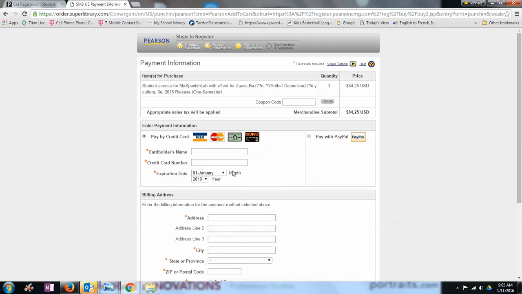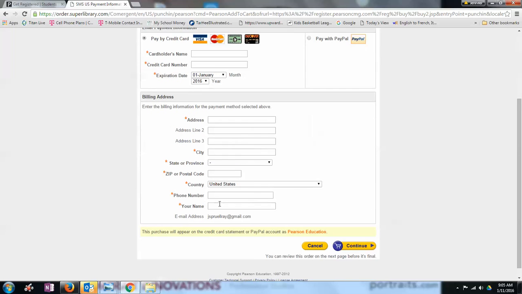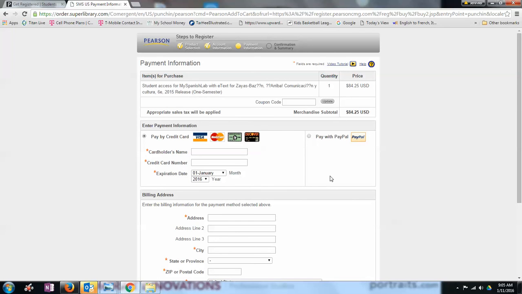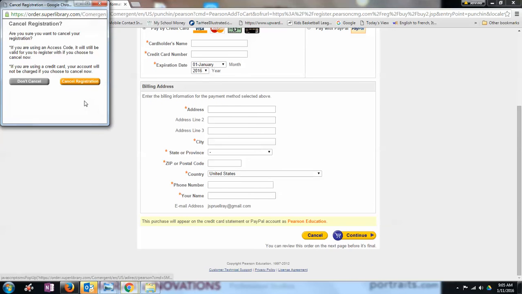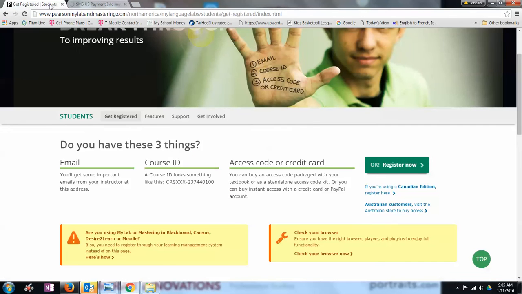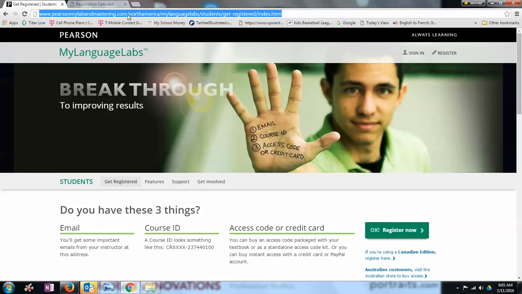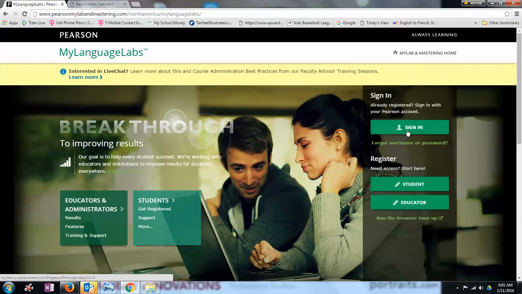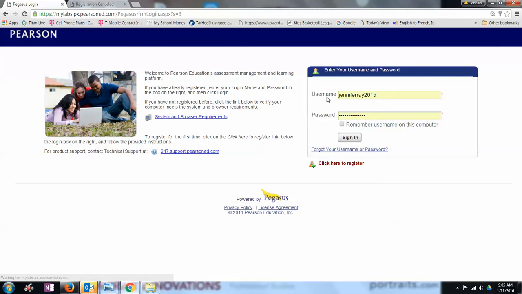Okay, and then now you would either choose pay with PayPal or you'd pay with a credit card, and you'd enter your credit card information, your billing information, and you would hit continue. Okay, and once all of that is done, I want to cancel because I do not want to register. So if I go back to My Language Labs, this time I can sign in, and I would put in